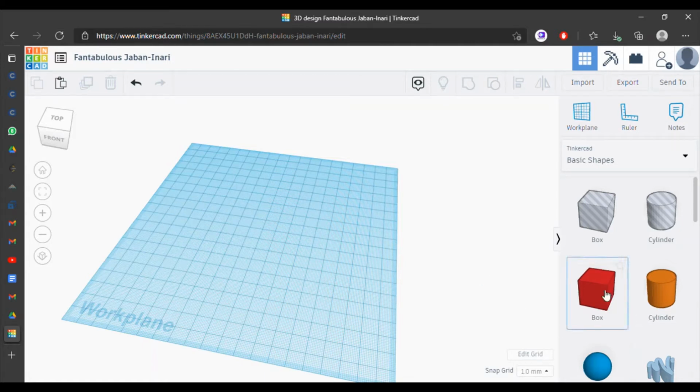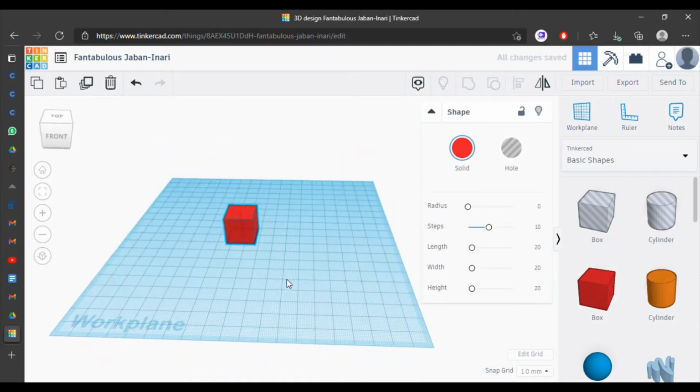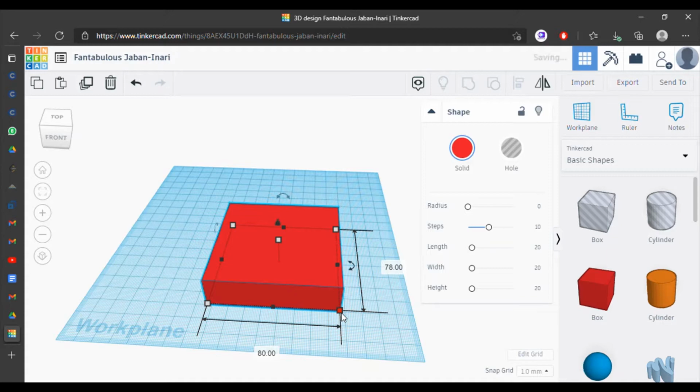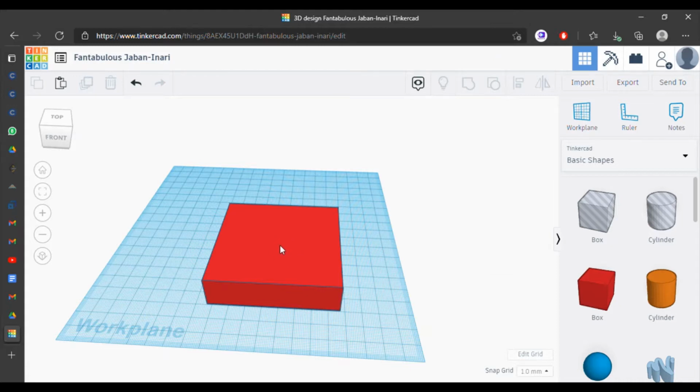So guys, by now you already know what positive blocks are. Now we will study what negative blocks are. For example, you take this positive block over here and expand its width and length. So now, what if we want to make a hole over here, a circular hole?